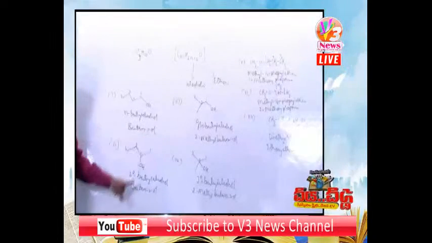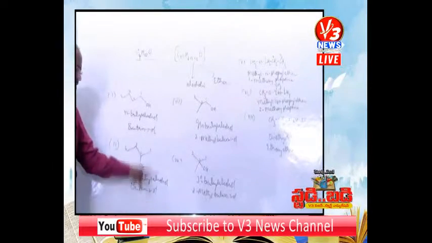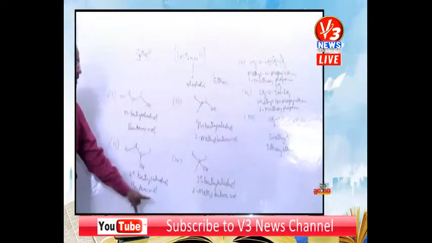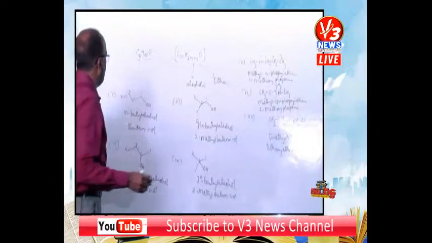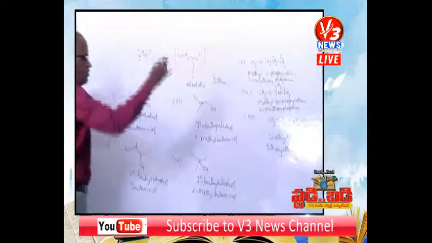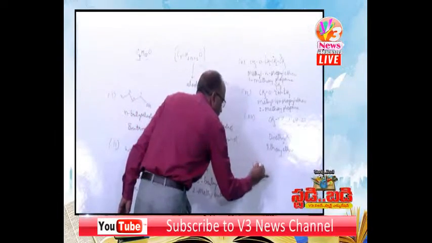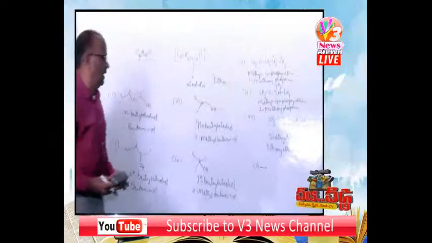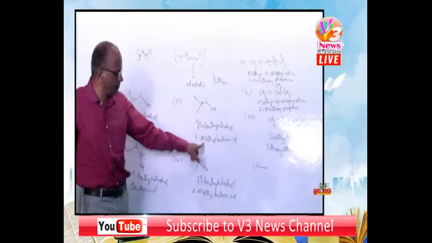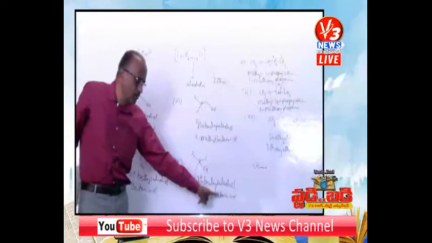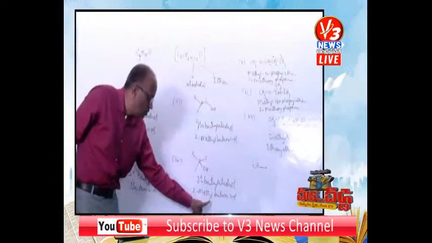Butan-1-ol, butan-2-ol. Root word is the same, but they differ in position of alcoholic group. That is why these 1 and 2 are positional isomers. Similarly, you observe this one, 2-methyl butan-1-ol, 2-methyl butan-2-ol. Root word is